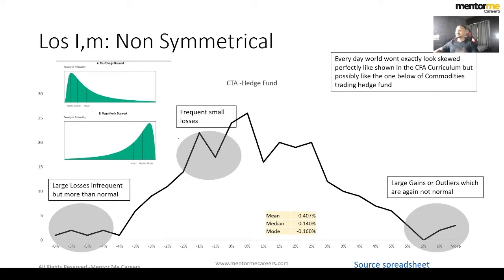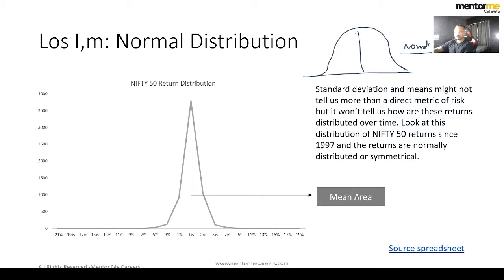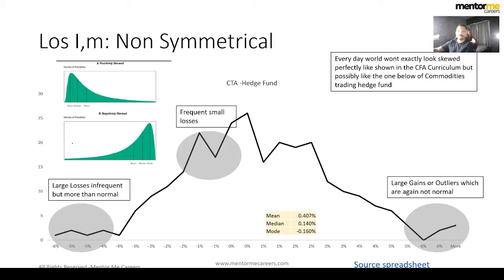Okay, so now this is where we are discussing the shape of various distributions. Now, non-symmetrical, so I've actually attached a spreadsheet here. You can look at the hedge fund data. So here is the Nifty 50 distribution. This is how it looks. But this is how a hedge fund, specifically a CTA hedge fund, a commodities trading fund, returns look. If you plot that, it does not appear to be very symmetrical, and it appears something like this, right? Now, in the real world you will not find something like this, or this, or this, because real market data can be very weird when you actually look at it, right? So this is how it actually looks in real market data.